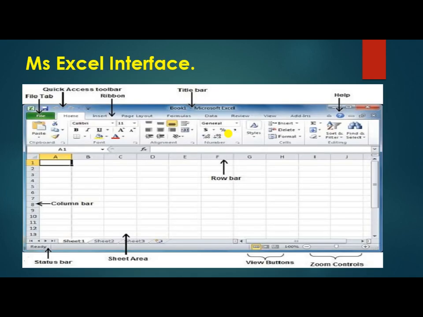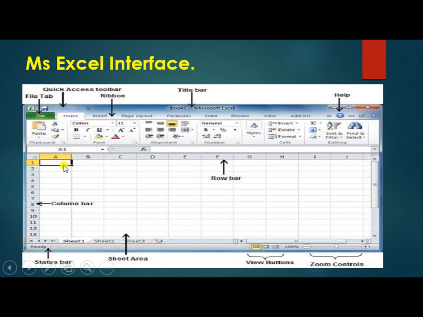Next, the interface. This is the MS Excel window. You can see the small boxes in the window. This is the part called MS Excel. My dear, this one A, B, C, D, E, F, G, H, I, J, you can see these are called the columns. And these small ones are rows. This area is called the row. And this is the first one, a very important thing, remember this.